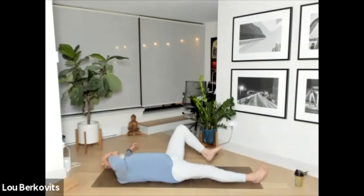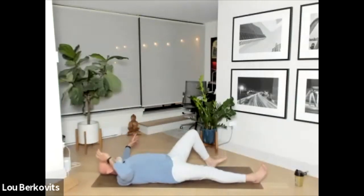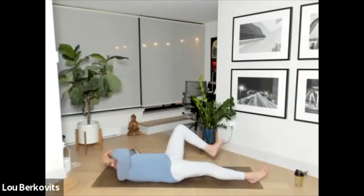It's an exhale when you bring the knee to touch the elbow. Inhale to lie down, and I'm not lying down fully. I'm staying in a point of tension the whole time, and my lower back onto the floor, and I'm crunching to the side. I'm going to do another 10,